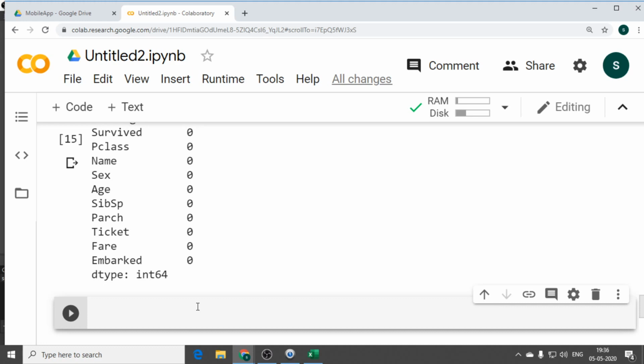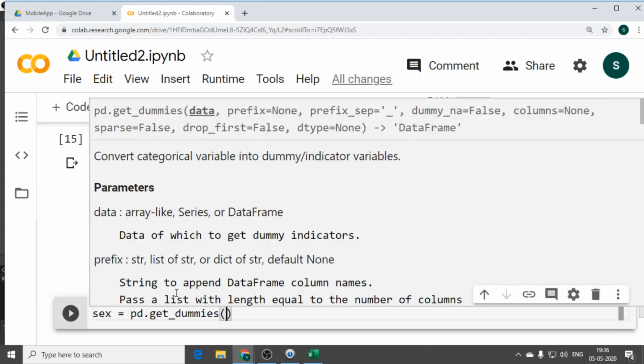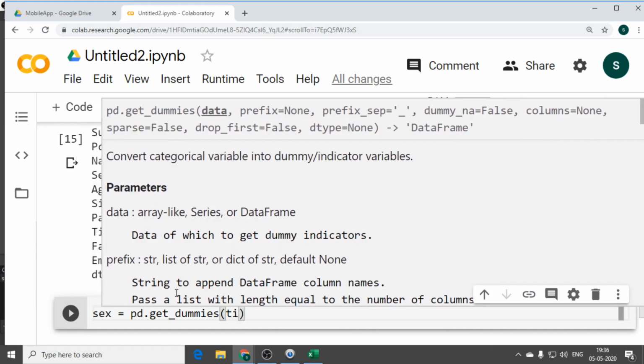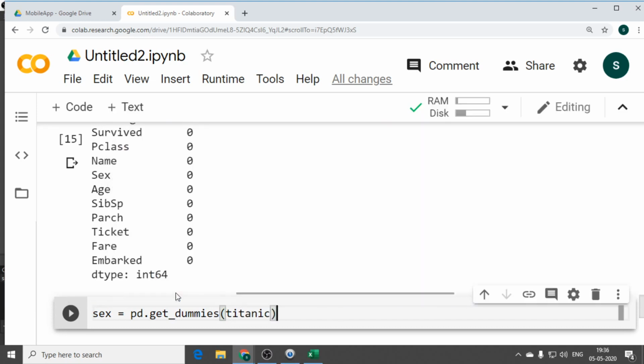Now, my target is to create categories. So, for creating categories, I go for the simple application of creating dummies. First, I'll create dummies for my gender. So, pd.get_dummies, see, within the next 5 minutes, we are able to build a machine learning model. Then we can understand how we can replicate the same thing in a mobile application. If you are able to understand this very clearly, then you can understand the same steps. titanic_data.